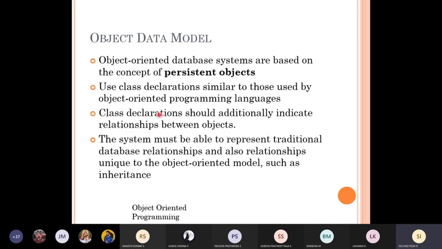So now we are going to discuss the object data model. So the system must be able to represent